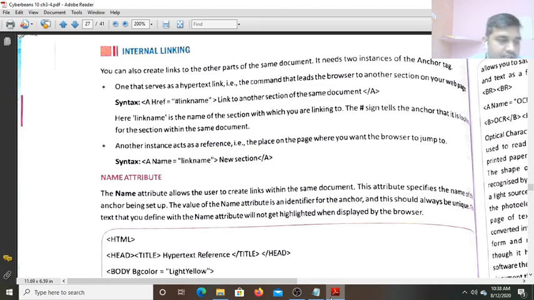In the last class we discussed all the attributes of the image tag, how we can add images on the web page with the image tag, and its attributes like the src attribute, in which we give the value as the address of the image, the path of the image where it is present in our computer. So let us see today how we will add the image, and after that we will study the different types of link, how we create links on the web page.